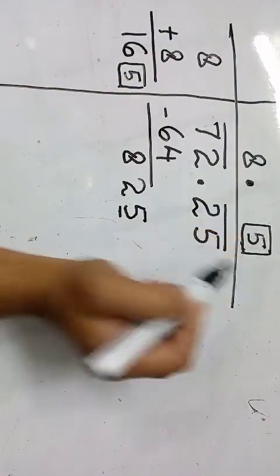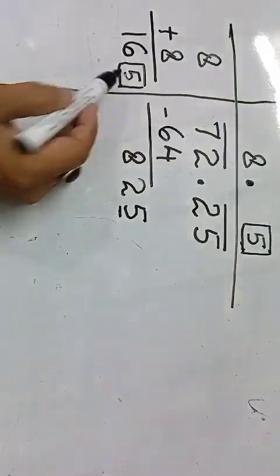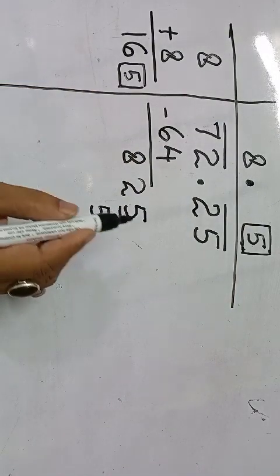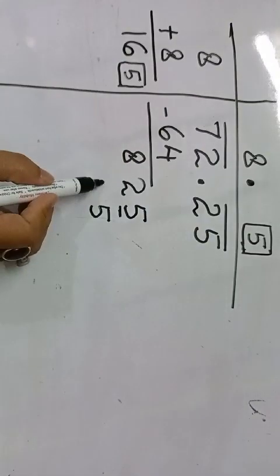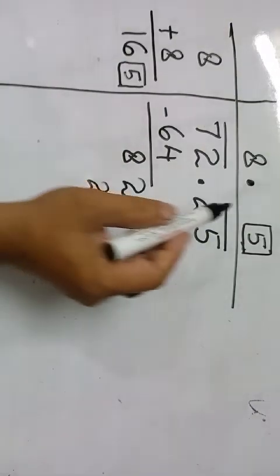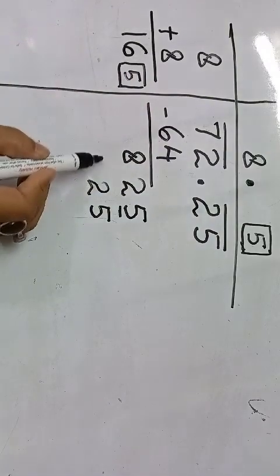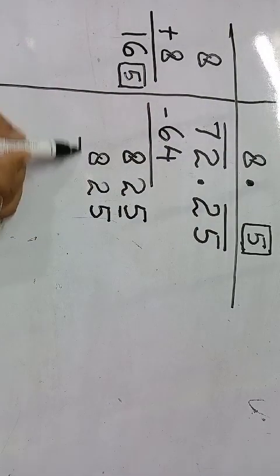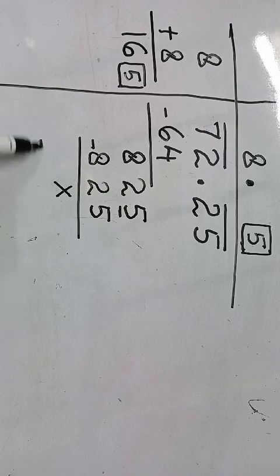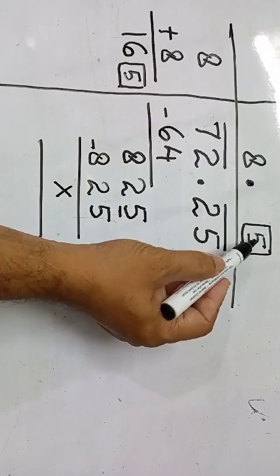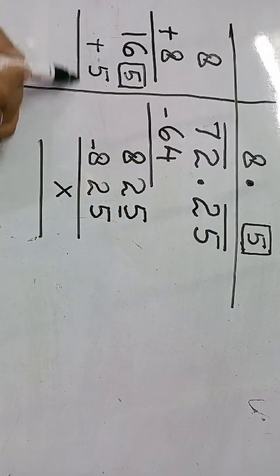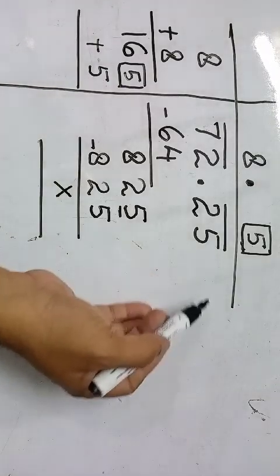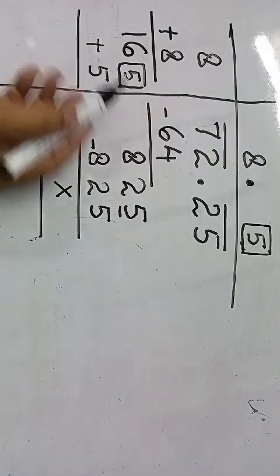Remember that same number 5 will come here also. So 5 5s are 25, carry 2, okay? 5 6s are 30 and 2 is 32, carry 3. 5 1s are 5 and 3 is going to give me 8, okay? So you can see that after subtraction there is nothing left. And remember the last process again, this digit 5 has to be brought down here and added. Now this will not matter much because there are no further digits involved, but then just to complete the solution,